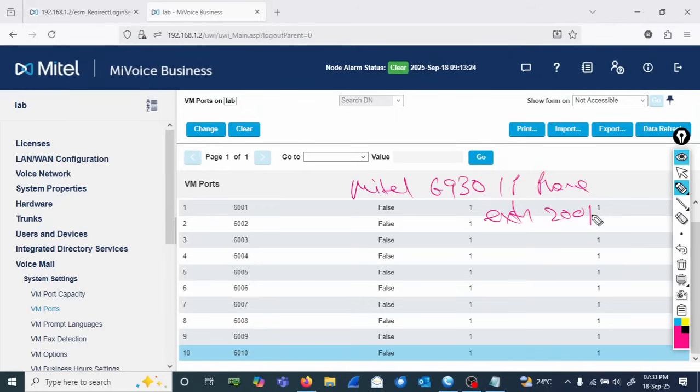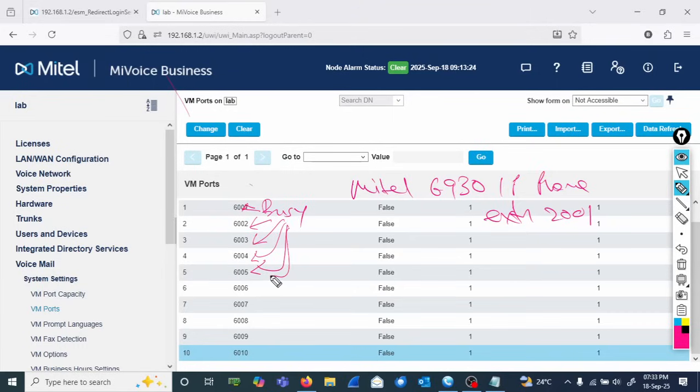Let me just get onto the phone. I am unable to dial any of these numbers. I am getting a busy. If I dial any of these numbers, I am getting a busy,